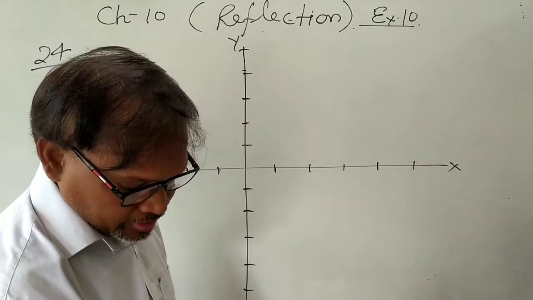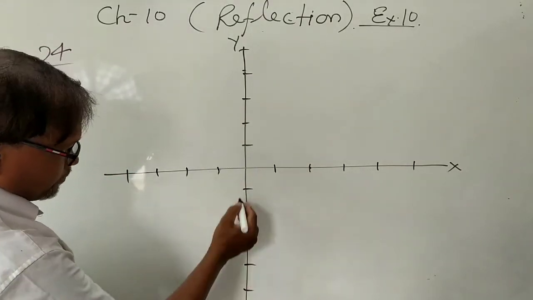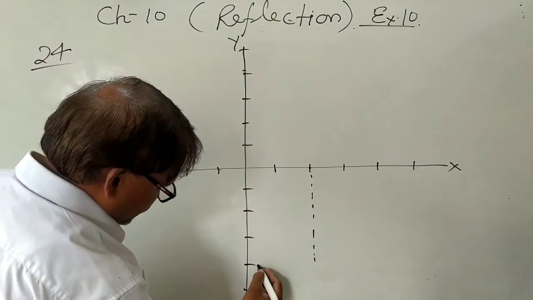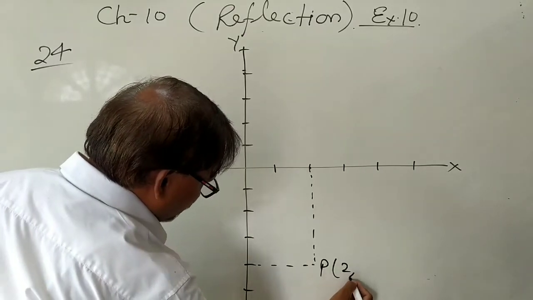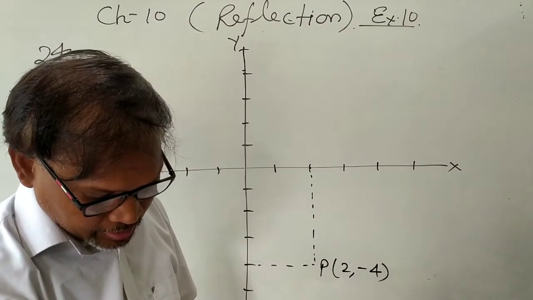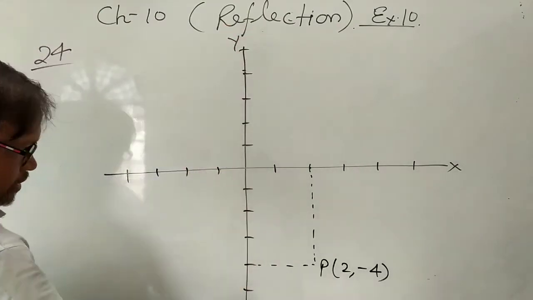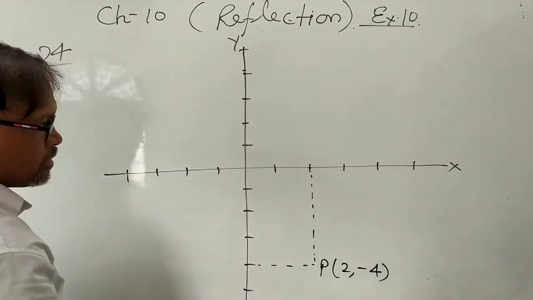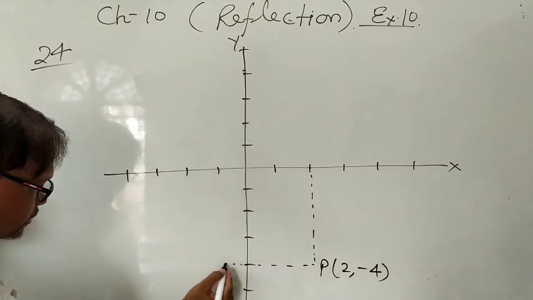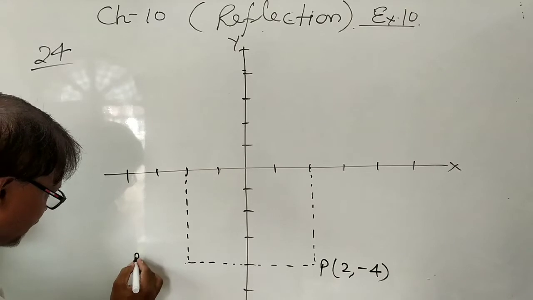The point 2, -4. 2 is this, -4 is here. So 1 2 3 4 and 2 is this. So P point is 2, -4. This is reflected about the line x is equal to 0. X is equal to 0 means y axis. इसका मतलब y axis को x is equal to 0. तो reflected through the y axis, so what you will get? -2 and -4. The P dash.